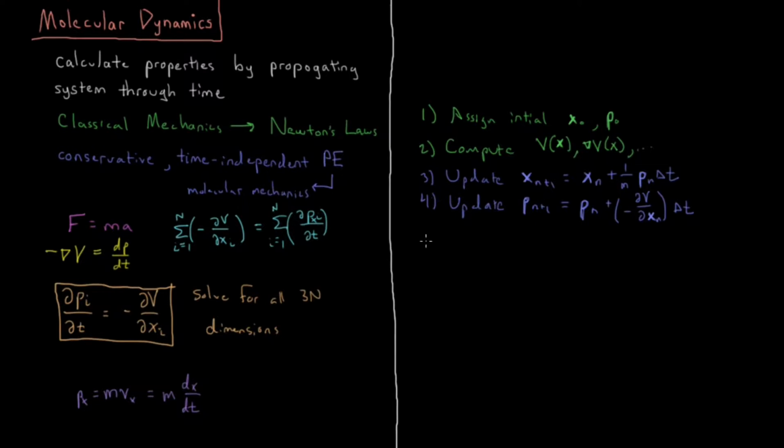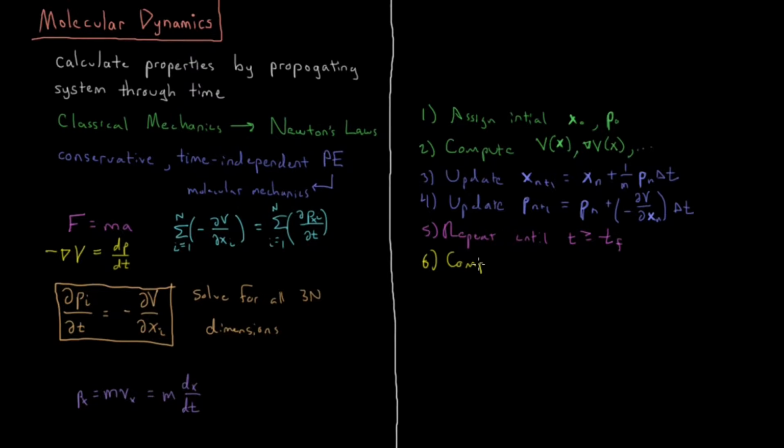So now what do we do? All that's left to do is repeat until we've reached our specified time. So till t is greater than the final t. So we start at t naught, we go all the way to t_f. We've specified how much time we want to simulate, whether that's a femtosecond, picosecond, nanosecond, microsecond, millisecond, full second, what have you. All right, and then once we have done that,